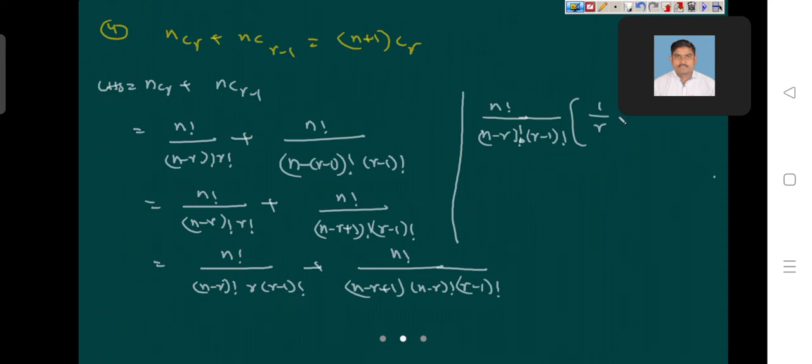Here in the next term, only n factorial is already taken common, so in the numerator no more term is left. In the denominator only n minus r plus 1 is left. That is equal to n factorial by